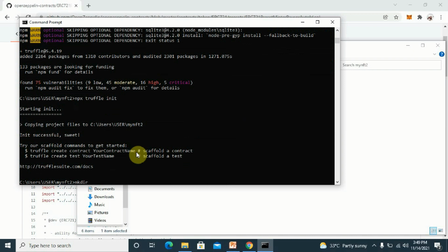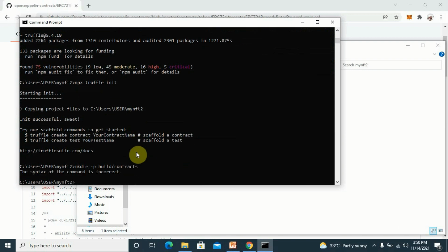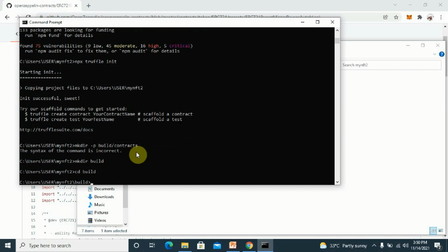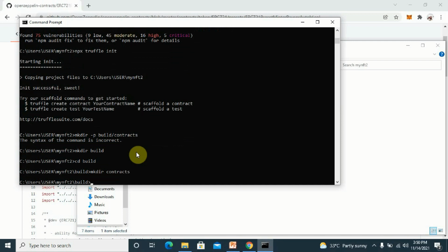So the next thing is I'll make a build directory. Oh, I think I can just do this: mkdir build, cd into build, make a directory contracts, and then